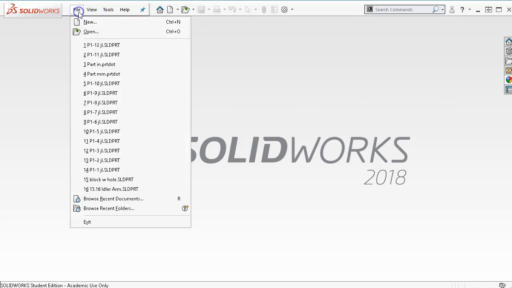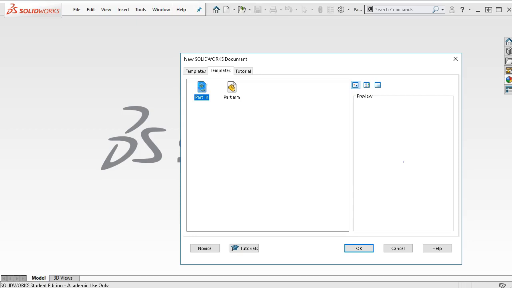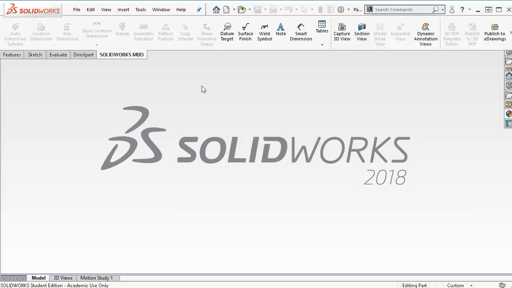Alright, so let's open up our template. And we have the part inch ready to go. I'm going to put the nose on the left side. So whenever we see symmetry,